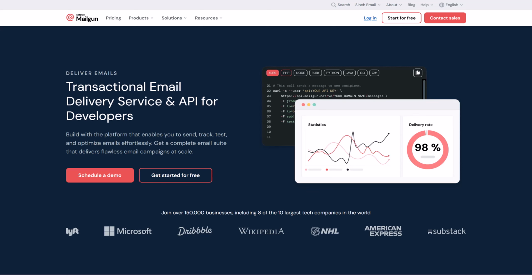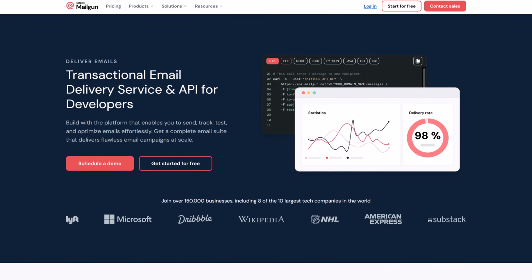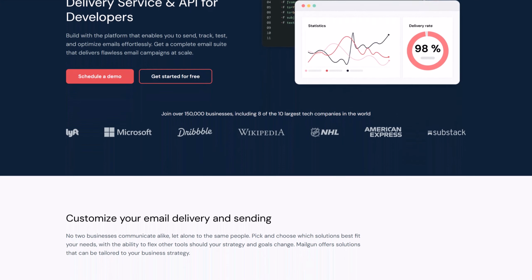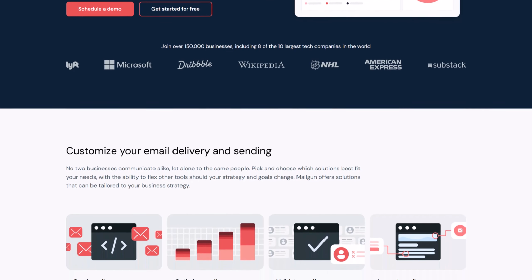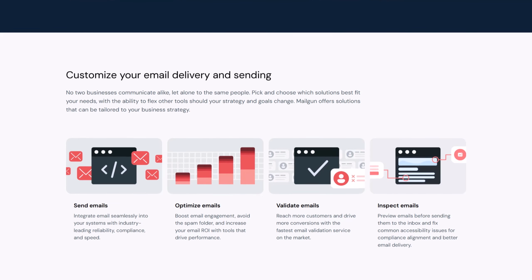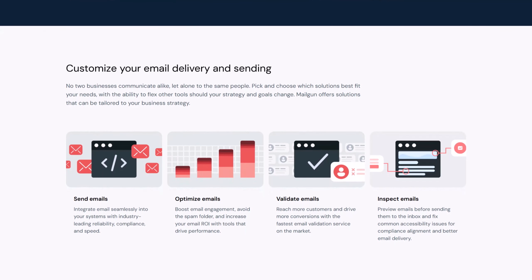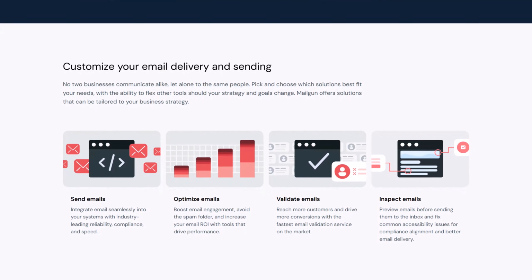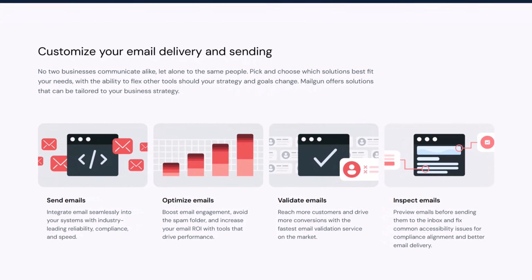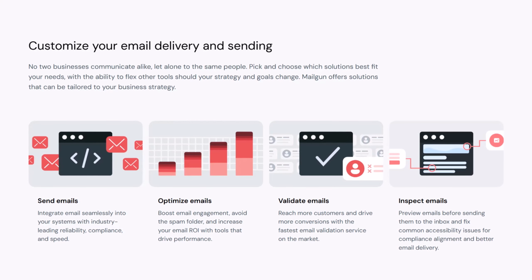Getting your emails past spam filters and into your users' inboxes is becoming increasingly difficult. Whether you own a website, an app, or custom software, you need to reliably send emails without worrying about delivery. Mailgun is a user-friendly and reliable email delivery service that I use for all my clients' websites, as well as